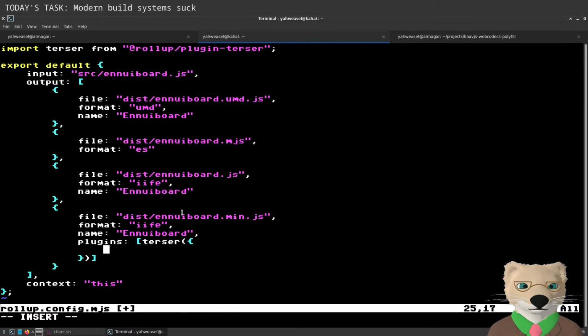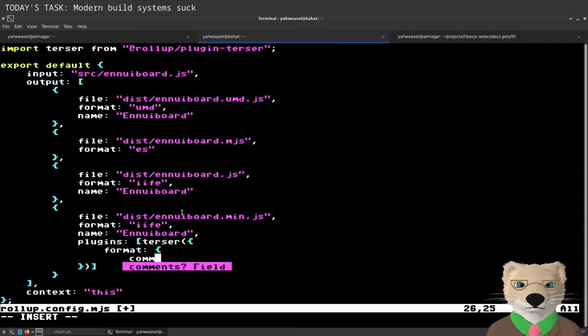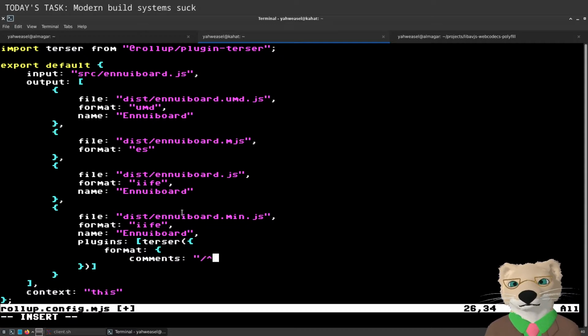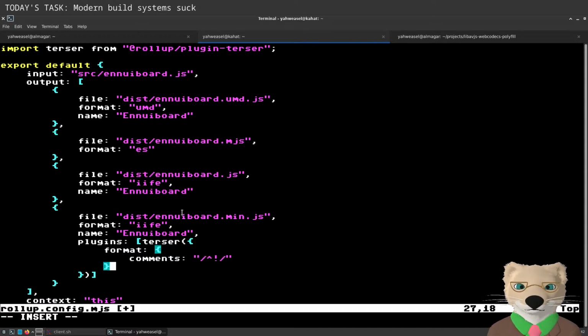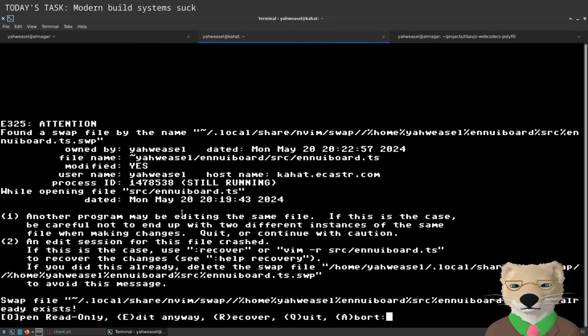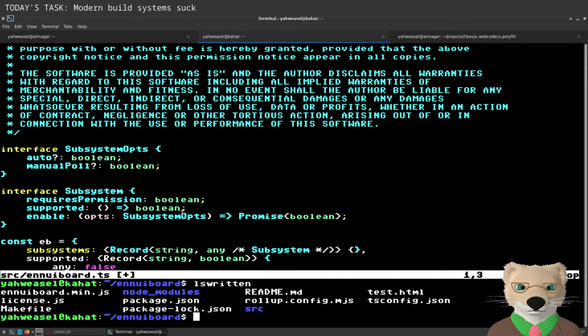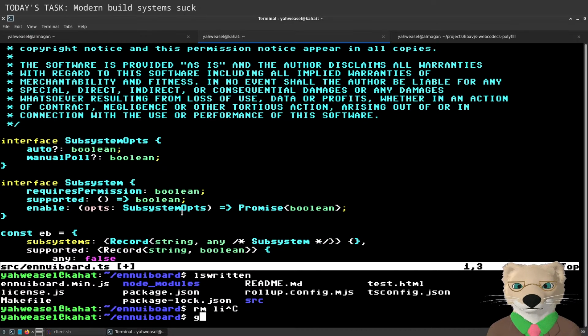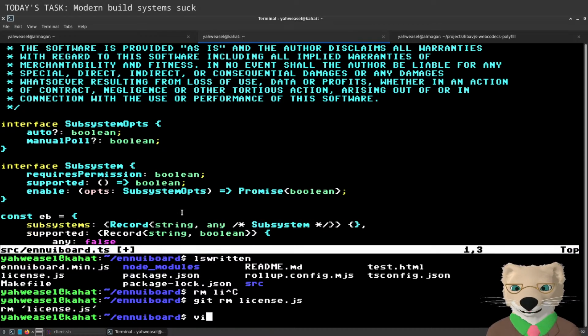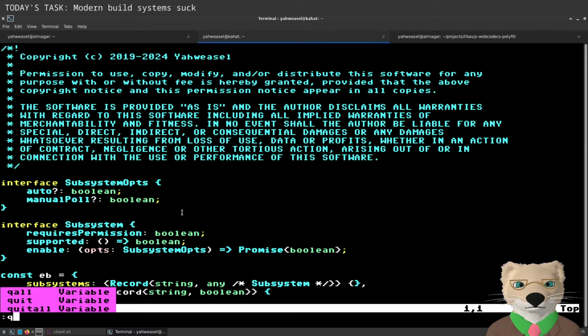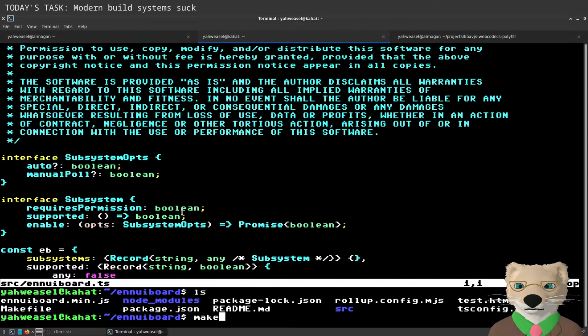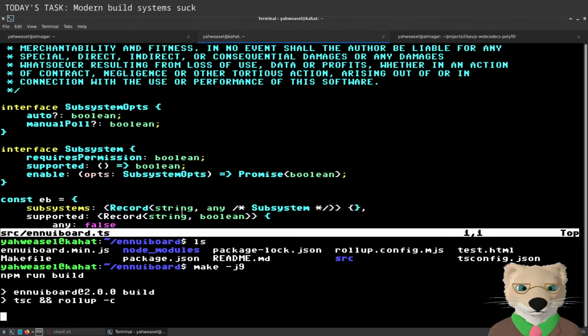Oh, this is actually documented correctly. So what is comments under? Format. Format, comments. That's not confusing at all. Okay. Oops, that's already open. And now, even in the Terser version, that should stay. I no longer need a separate license file. Okay, I did update that for the current date. Slightly out of date.